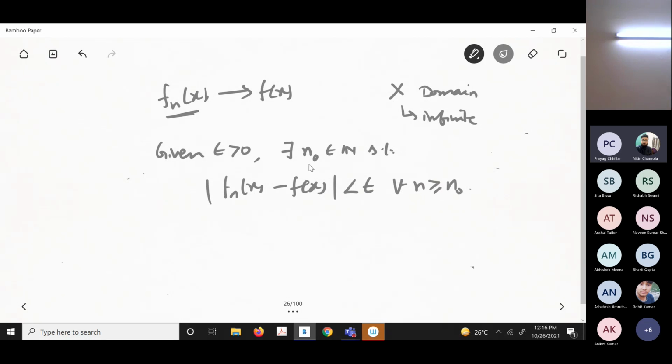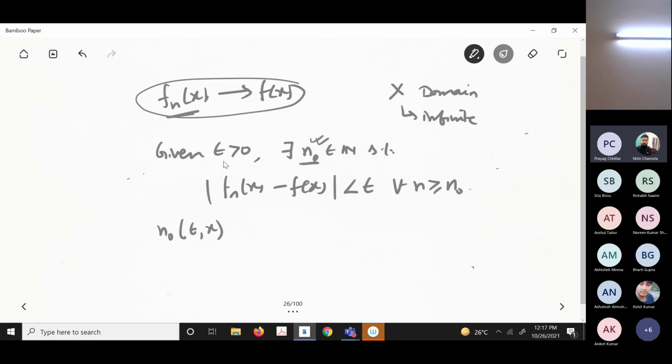Now I am just concentrating on this sequence. So obviously this n naught depends on epsilon, that is a function of epsilon. Also look, if I change x, I will get a different sequence, that I was explaining before. So this n naught not only will depend on epsilon, it will depend on the sequence itself. That means the sequence is changing with x. That means n naught will be a function of both epsilon and x.